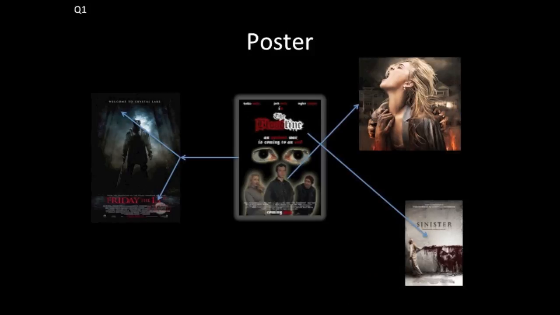I have subverted and challenged a lot of poster conventions on my own poster to make it have a more mysterious and interesting look. While most film posters would have the main characters as a dominant image, I have made all of my characters smaller, secondary images that are at the bottom of the poster. Because the film isn't a star-led film, all the actor names are the same size and at the top, out of the way of the masthead. A star-led film would sometimes feature the lead actor's name in bigger text than the masthead, and place it somewhere visible so that fans of the actor will be more inclined to see the film.